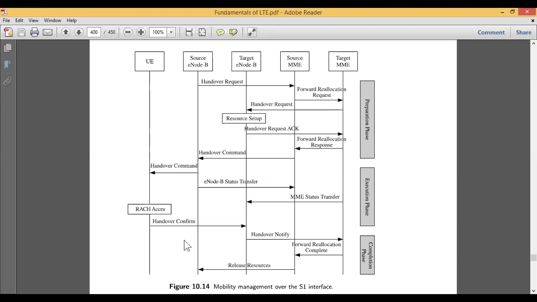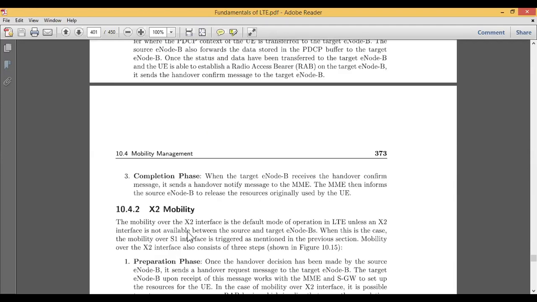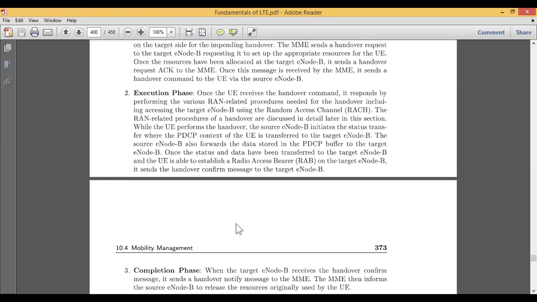It will release the resources which were allocated to the user equipment to perform the complete operation, and all the resources will be available in their original state, which were being used by the user entity.